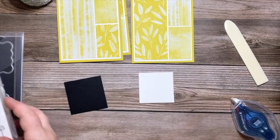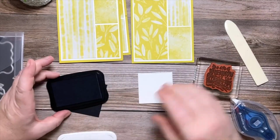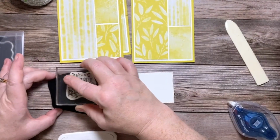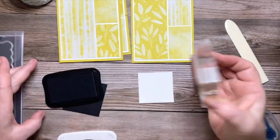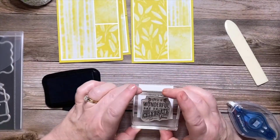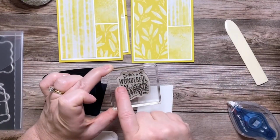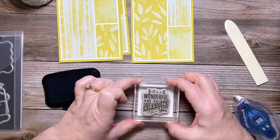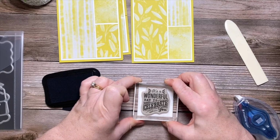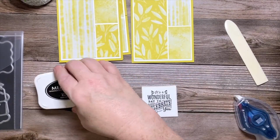So let's go ahead and stamp that. I've got it already mounted on my block, and I'm going to use some Memento black ink. I'm just going to kind of wiggle this onto my block and then tap it so I get a good coating of ink. And then to line this one up, you've got words that are kind of going in different directions. I use the word wonderful, and I line it up with the top of my block to make sure that my words are relatively straight on here,